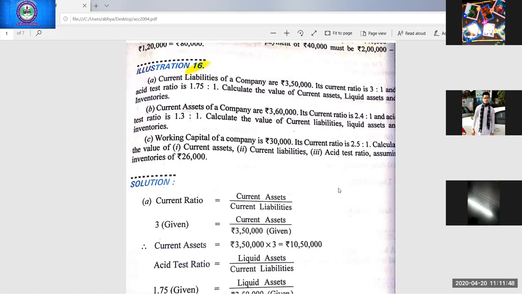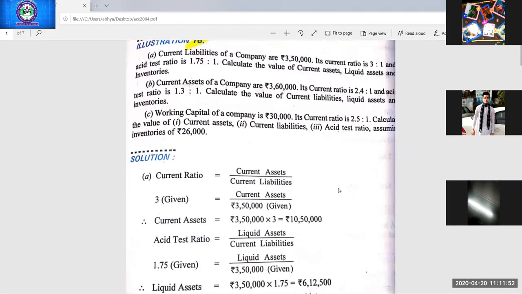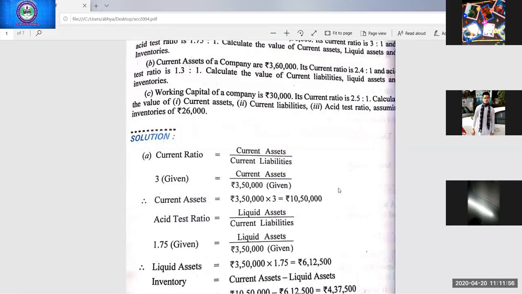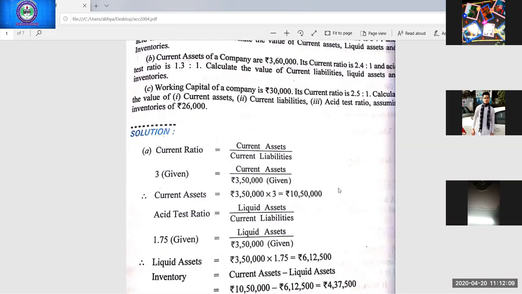We have solved many questions of such type in previous class. So I think you must have done. And remember that this is the assignment of this chapter and on a daily basis I'll be giving you 3-4 questions. On loose sheets you have to do, and at the end of the chapter you have to submit all the questions to me on my email ID, which is already given to you.